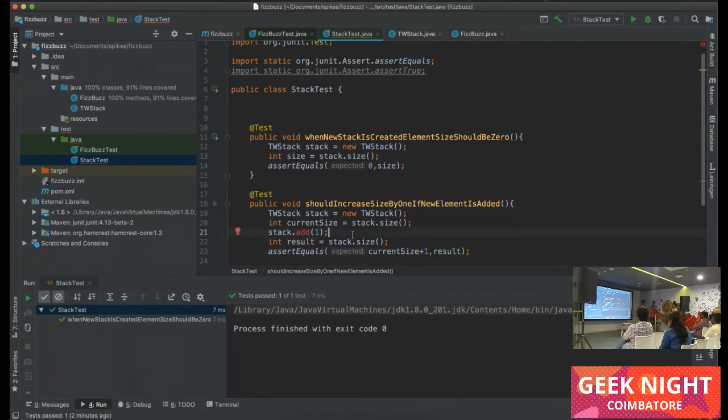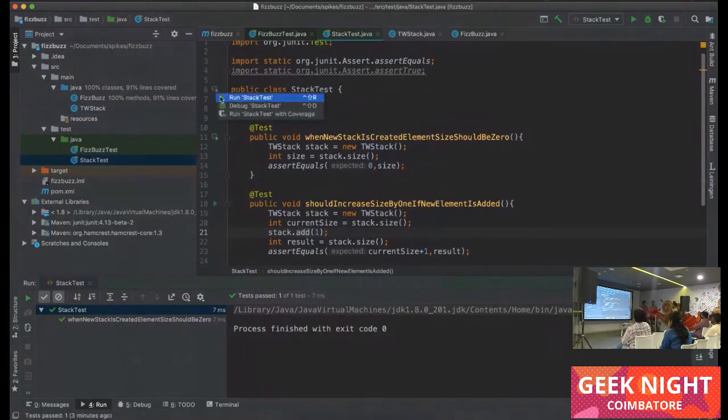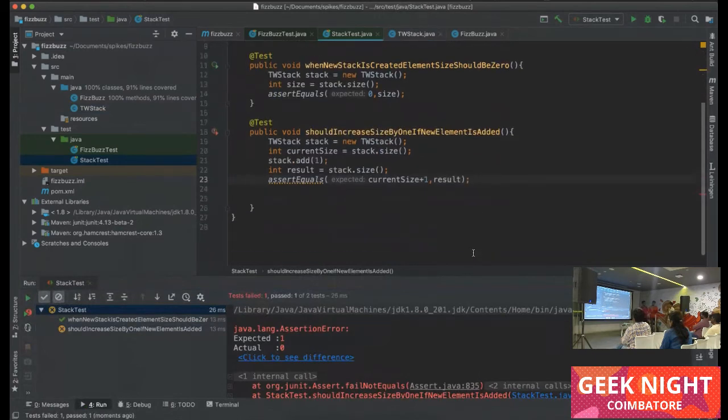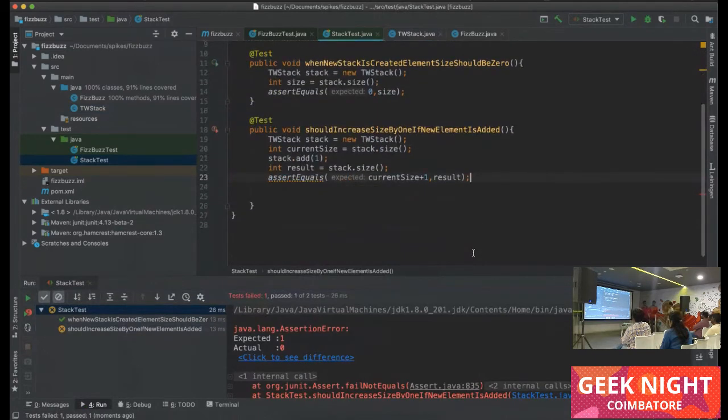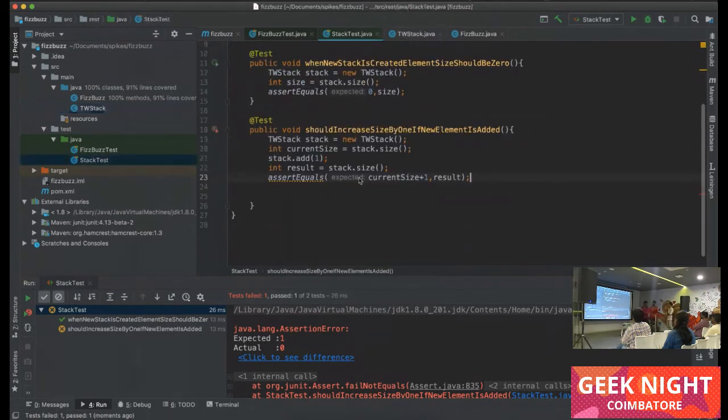Now we need to make this test pass. We need to add a method to the stack to add a number. But before that, let's make the test fail. At every point of time we have to make the tests fail, just to make sure we are writing valid tests. Now what should our implementation be? We also need a size method. We already have the size method.